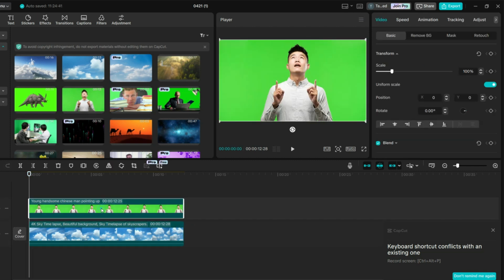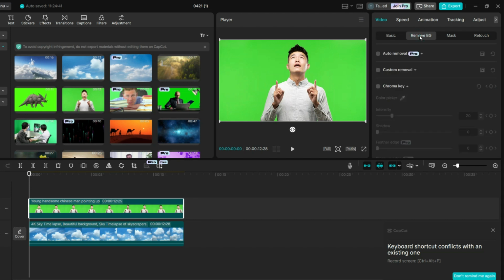Click on the green screen. On the right side, under Video, you will see Remove BG, which is called Remove Background. Click on that, and after that click on Chroma Key and pick the color picker